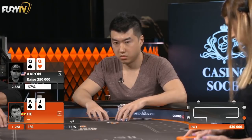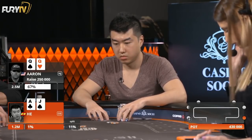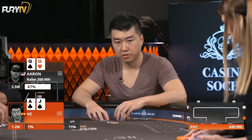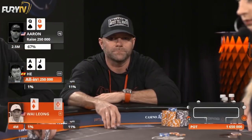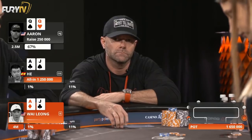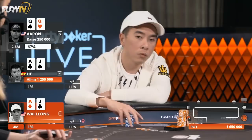And he's debating, I think, maybe to rip it here. Although Aaron hasn't really been raising super light. He's been showing ace king, queens, and this is going to get called. Well, obviously they haven't seen it. Aaron did open king ten off from the first seat, and I'm going to go out on them and say they're probably